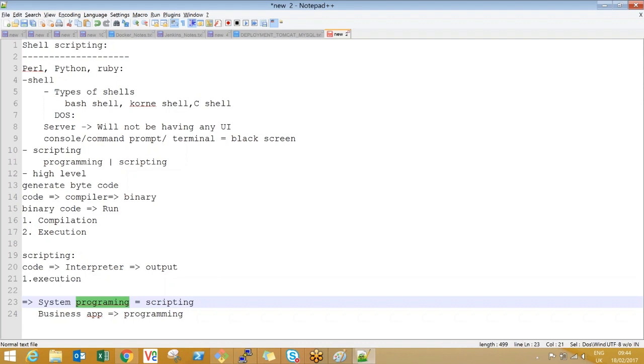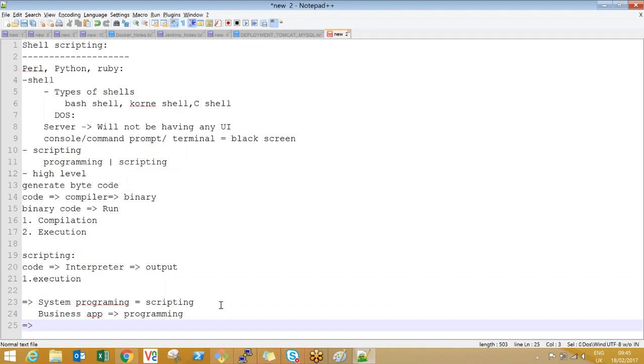So when it comes to this, you might be thinking, we can use programming to do system programming, right? Yes, of course you can do it, okay. The thing is, it is a really expensive activity. To perform system programming with a programming language, you have to have a number of interpreters again, okay. So instead of that, you directly make use of an interpreter language. That will save your time, save your resources and all. So that's the benefit of it. So most people, if it is system programming, go for scripting. If it is a business application, go for programming.